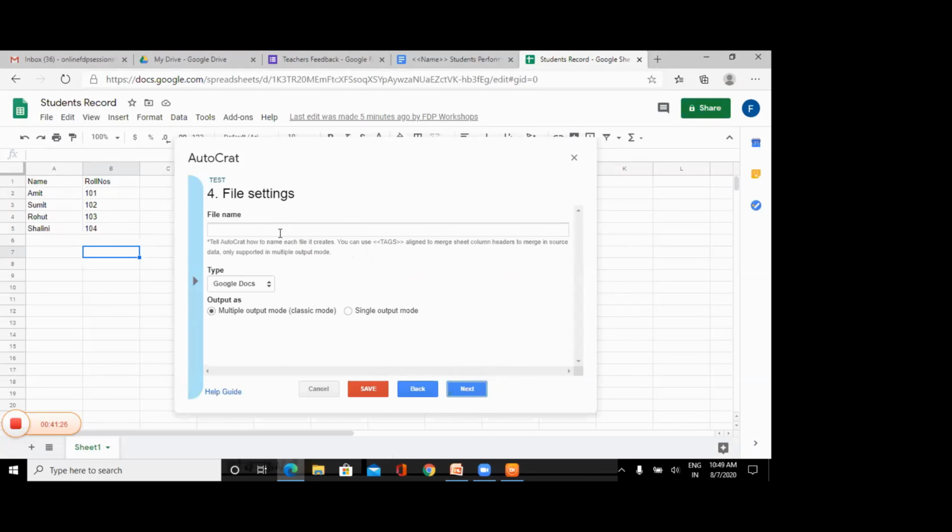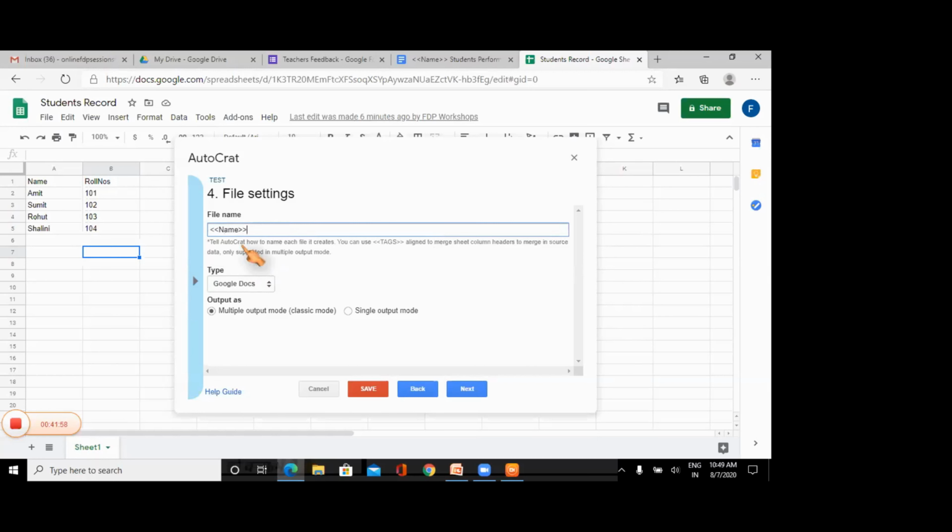Next. Here you have to give the file name. How will I recognize the files? In the folder I could see 50 files, or here I have 4 students, so I could see 4 files. I want some suitable name so that at first glance I would know that this file belongs to this student. For that purpose I need to mention the tag, so it will create a file with the name of the student.